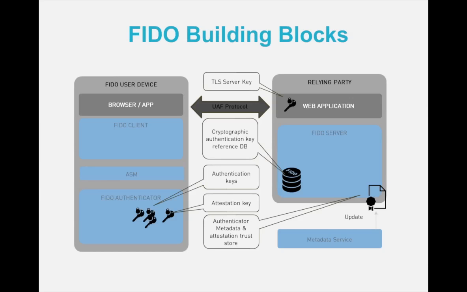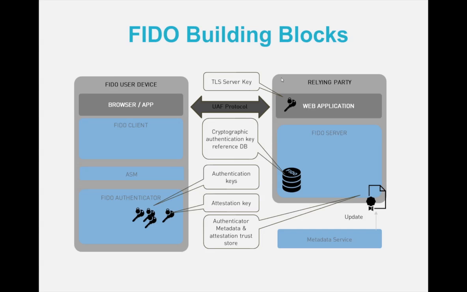So in the end, we get a set of building blocks in FIDO. On the right-hand side, we have the relying party setup. On the left-hand side, we have the user's environment. At the relying party, we have the normal web application. This is typically, in the financial situation, a banking application. In e-commerce, it would be the shopping application. And this application somehow talks to the FIDO server. So there's no need to expose the FIDO server directly to the internet. This is in line with most setups in data centers of relying parties at this time.